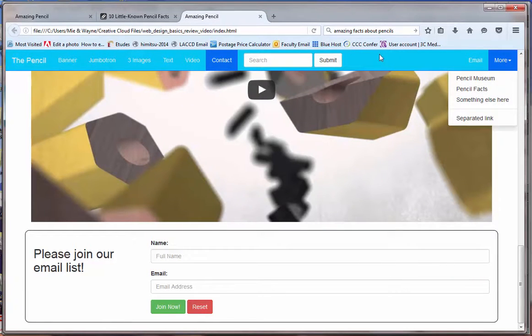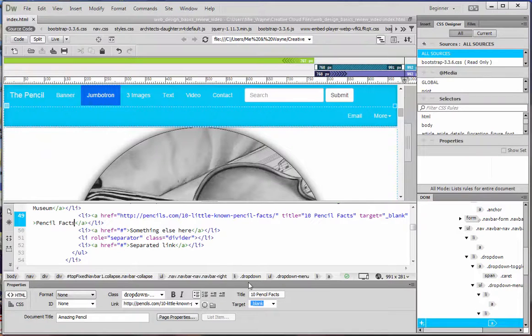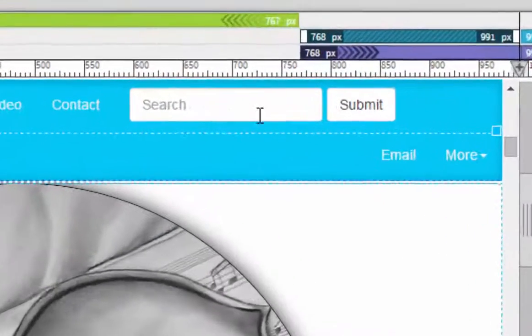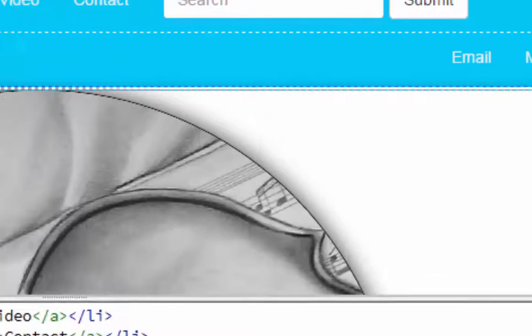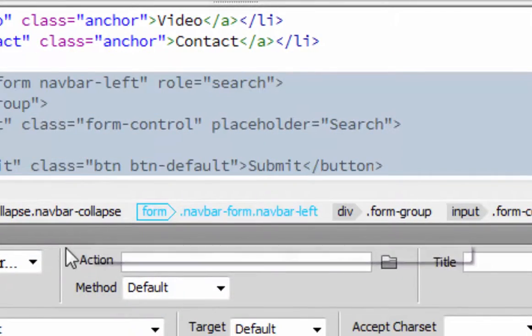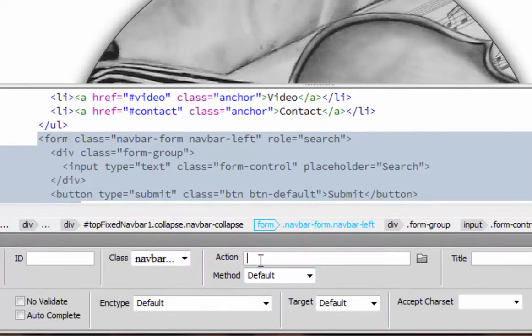Last thing we haven't done anything with is our search form, and that's pretty simple. So let's go back to Dreamweaver, and you remember we put in different parameters for our search form when we created our email. It's going to be the same thing in this case. So I'm going to click on my search bar, and I'm going to click on my tag for my form. Now this is what we're going to do. For the action,